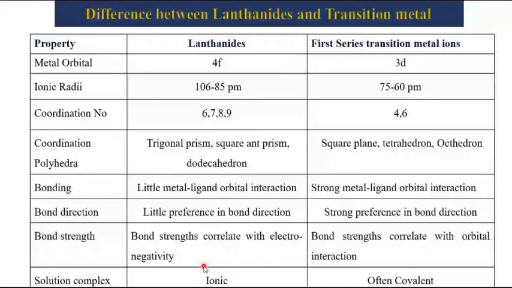The question is, what is the difference between lanthanide and transition metal? So this is very important. First of all, if you will remember, in case of F block element, the electronic configuration is n minus 2 F 1 to 14, n minus 1 D 0 to 1, and ns 1 to 2. That is the electronic configuration for inner transition element. I will write it.